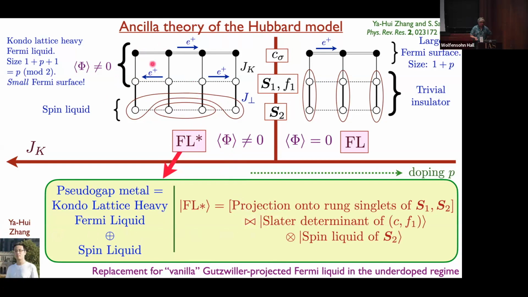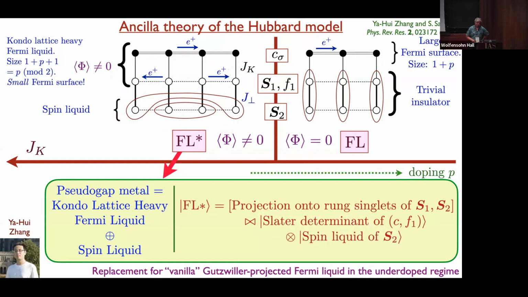And then you take the top two layers and you form a Slater determinant of the conduction electrons and the F electrons. And you can choose any dispersion you want. So the dispersion of the C and the F and the hybridization are your variational parameters. You pick your favorite spin liquid for S2. So now this is a wave function on the expanded Hilbert space. And then finally, you do a projection. But now the projection is you project out these extra degrees of freedom onto singlets. So you're measuring these spins and make sure that every pair is a singlet.